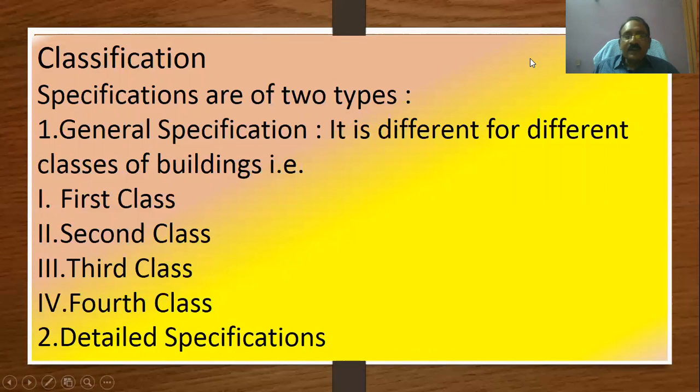So there are different specifications for different groups of buildings. These are general specifications. And for detailed specification, we'll have a detailed specification for each item, regarding the quality of material, size of the material, and quantity of materials.